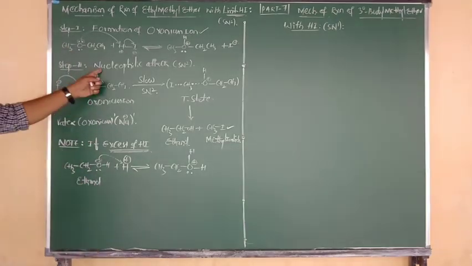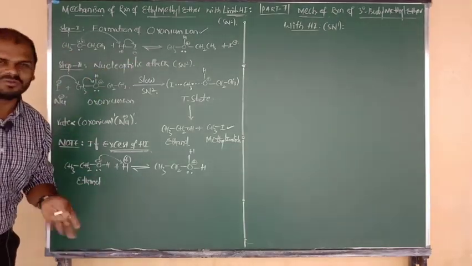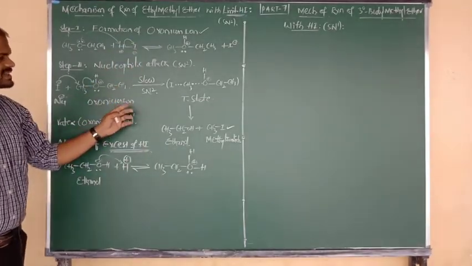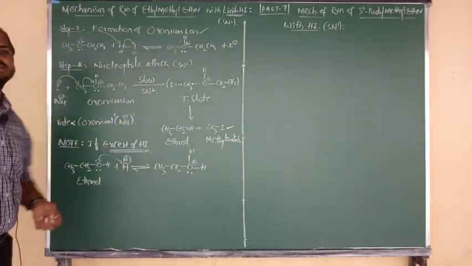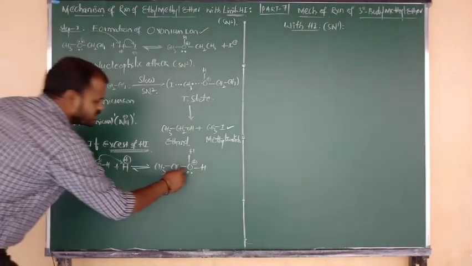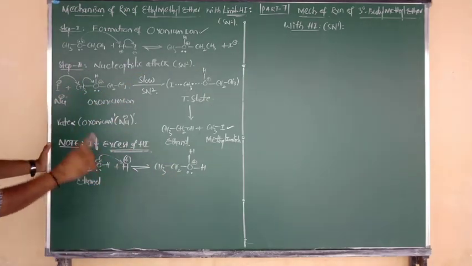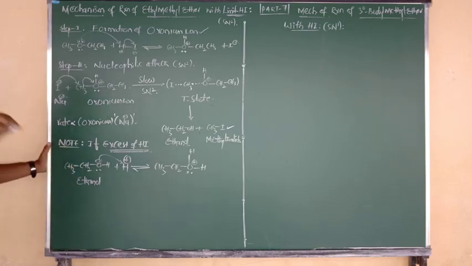Again the same thing. Step 2 is nothing but what, beta? Nucleophilic attack. Maybe a limited amount of HI, maybe excess of HI, the mechanism is the same. That is nothing but SN2. Here oxygen also contains a positive charge, the oxonium ion. Now the oxonium ion undergoes nucleophilic attack. In HI, H plus is used up, and one more I minus is there. So such I minus attacks the respective compound.